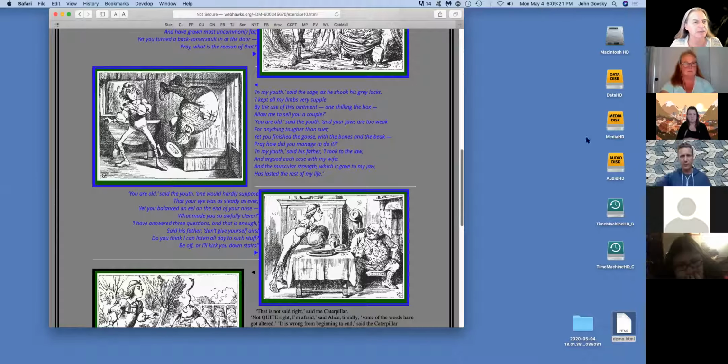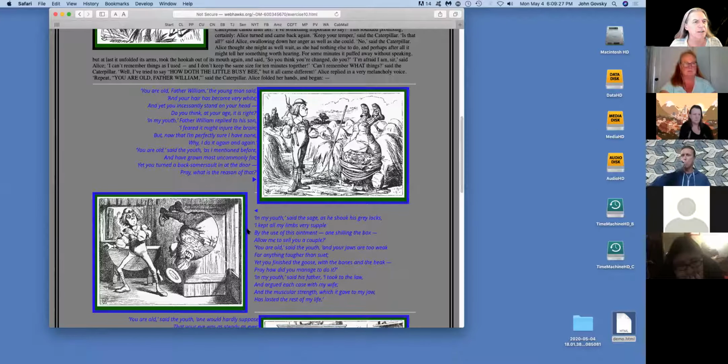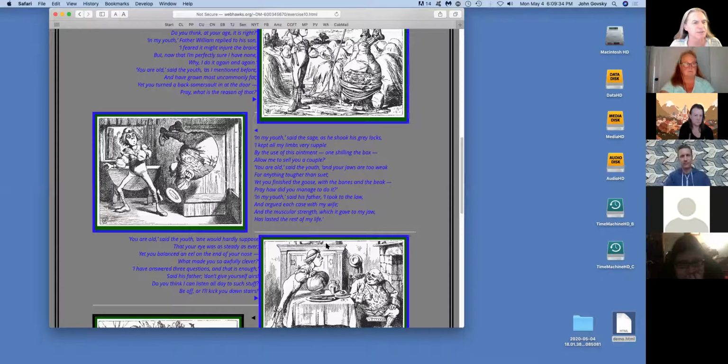I see you've got the images placed with the poem. That's good. You have some margin space here, which is good, but you need some air between the text and some of these images. I'm just going through some general things first, if that's okay with you.